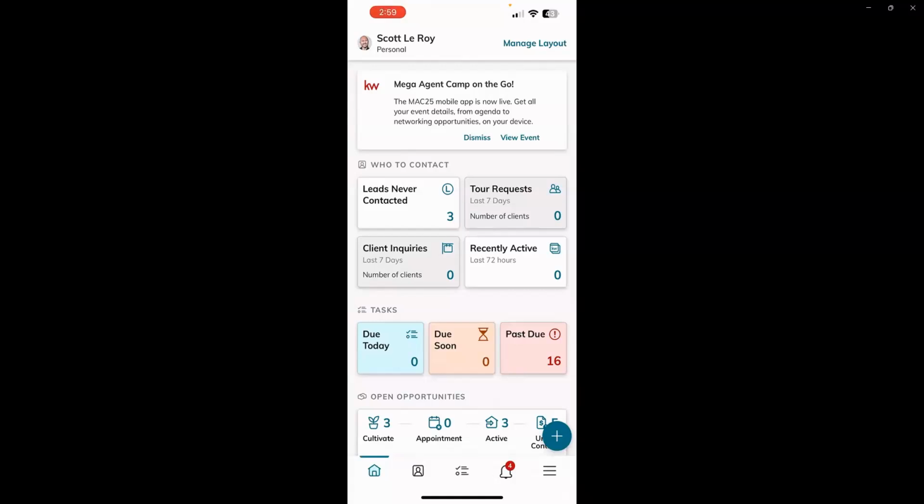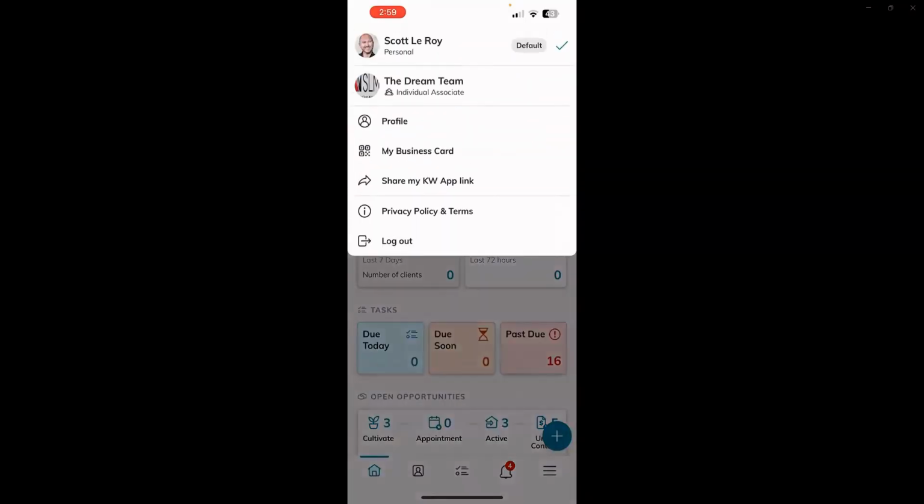Today, I want to go over a tip video with you on how to access and share your digital business card using your Command mobile app. So the first thing you want to do, of course, is log into your Command app on your mobile device. From there, you're going to want to click your name in the top left-hand corner, okay? From there, you're going to see that you have the My Business card that is going to appear right below